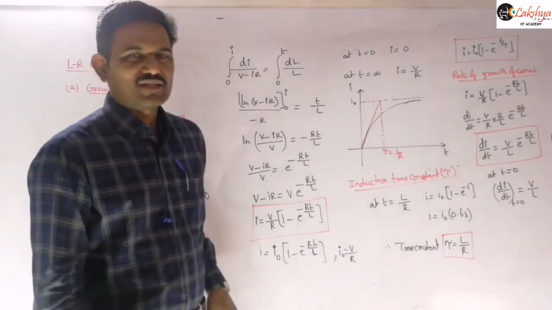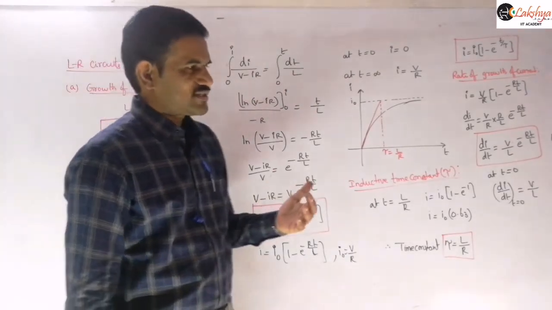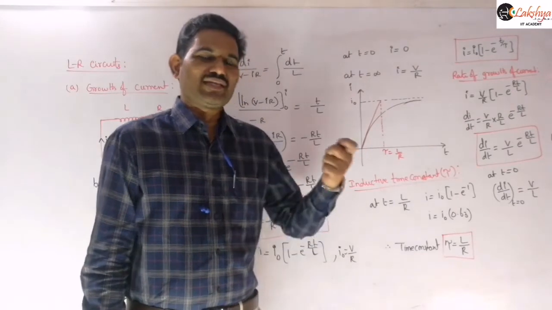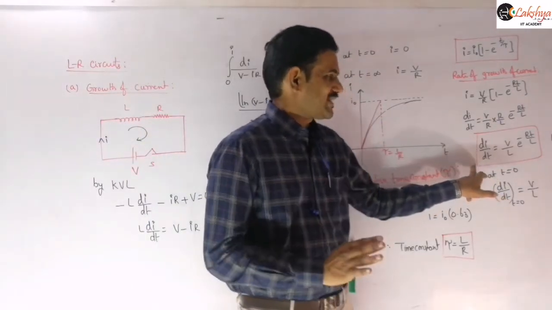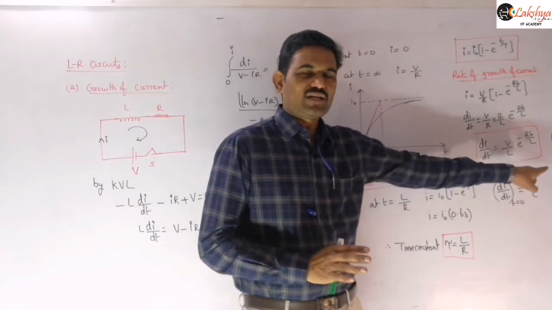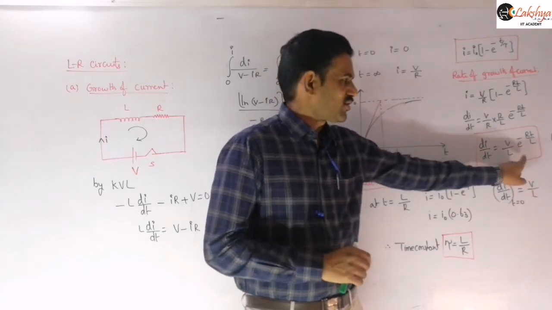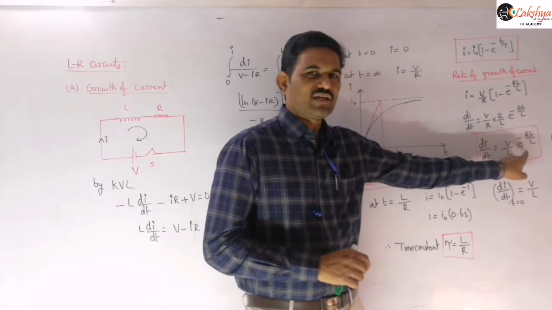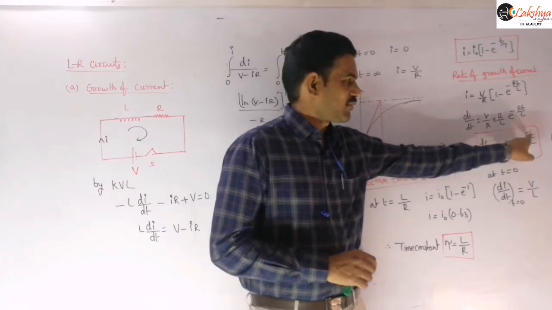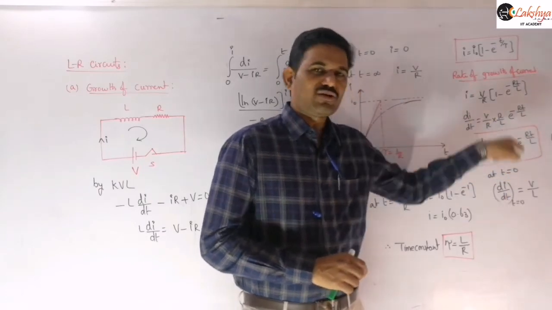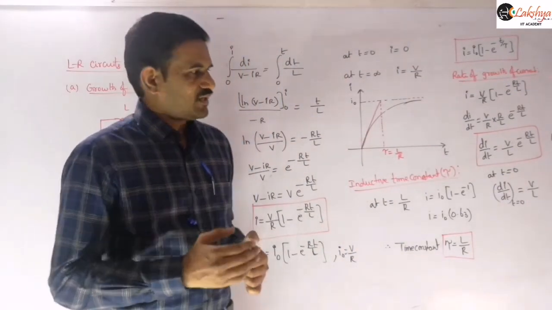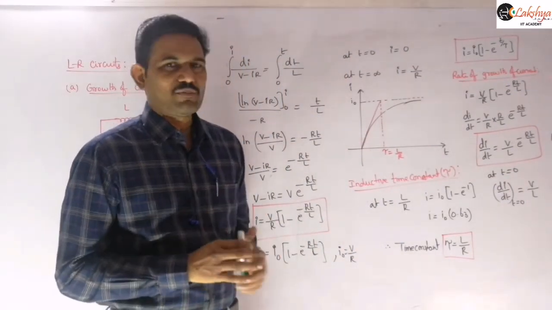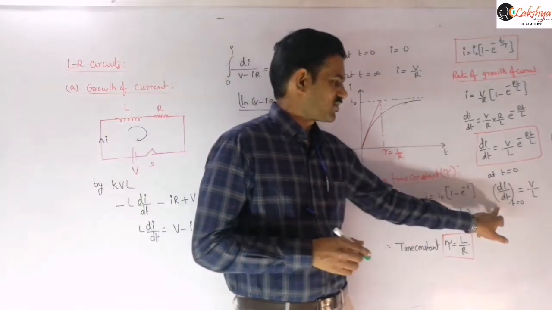The meaning is, for example, if current in the circuit is increasing at a constant rate. Now here you can observe that in the original LR circuit, current is not increasing at a constant rate. The rate of growth of current goes on decreasing here. It is an exponential, e power minus RT by L, so that rate of growth goes on decreasing. Initially the maximum growth rate will be there.